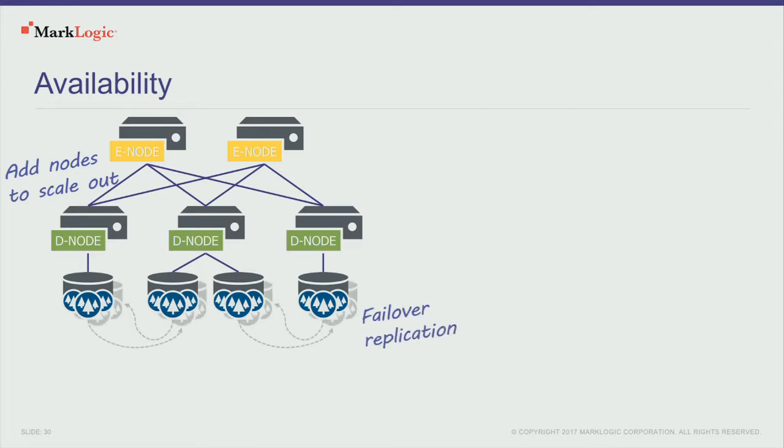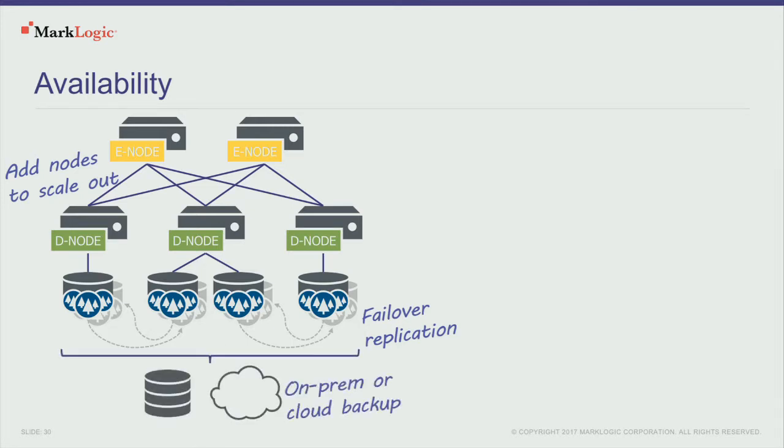So each of those nodes can now have a replica of its data. And so if one of those nodes goes down, a node with the replica data can handle that query. And then when that node comes back up, just turn the replication around, and it'll catch up. And again, this is all real time. This is always consistent. So in a running cluster, you can change the topology and not have any transactions be inaccurate.